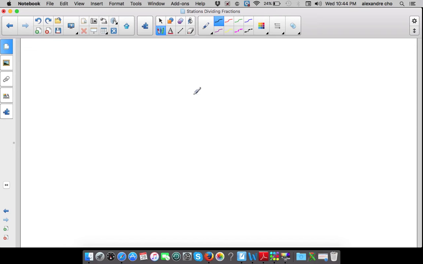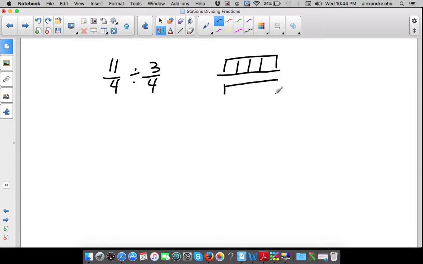5. How many 3/4 are in 11/4? Okay, same thing, use a model. So again, your sentence should have been 11 over 4 divided by 3 over 4, not the other way around. Okay, so let's draw this out. You know it's something cut into 4, so it has to be 4. This is 1/4, 2/4, 3/4, 4/4. So you definitely don't have enough. You might have to draw a little bit more